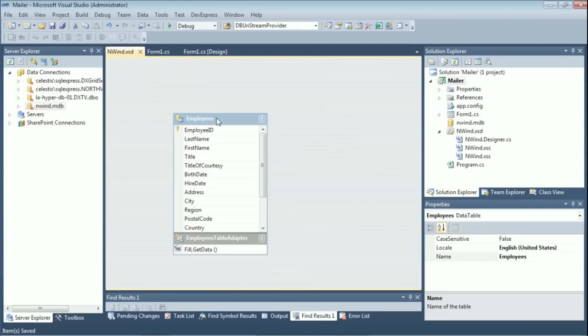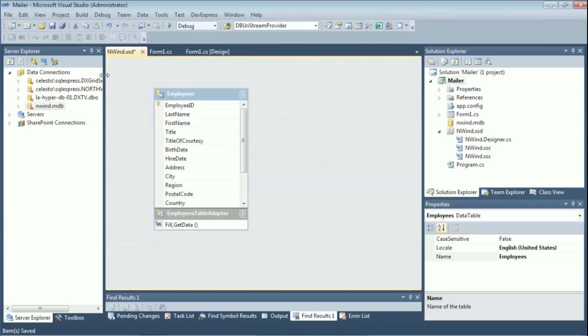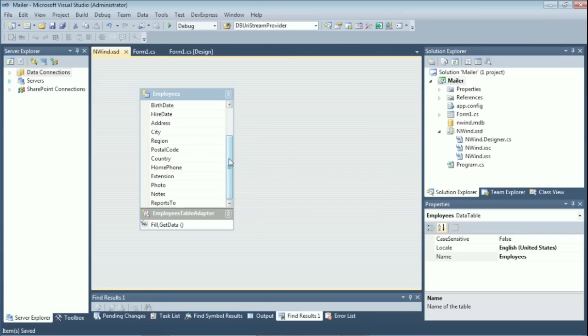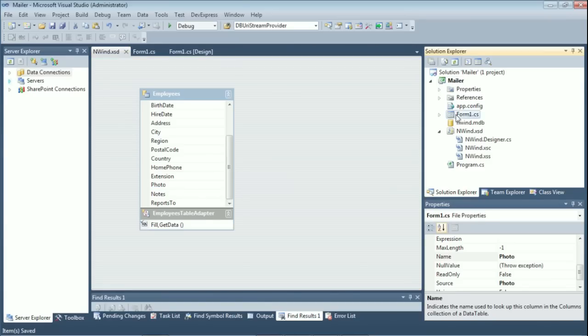The reason I'm doing employees instead of customer is because A, our objective today is to send emails with the greeting card to invite to a Christmas party, and B, I really want to show you how to do a mail merge for pictures instead of straight up fields. So that's why I'm using the employees table. And as you know, in the Northwind database, in the employees table, we have this field called photo, which contains our pictures. Let's go back to a form